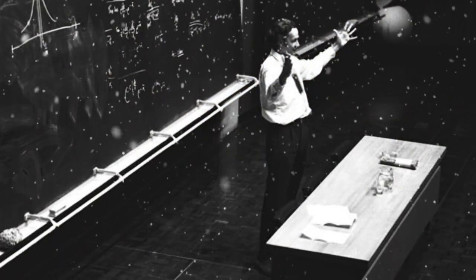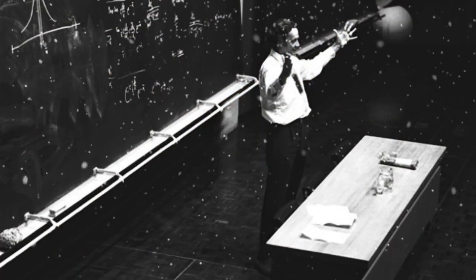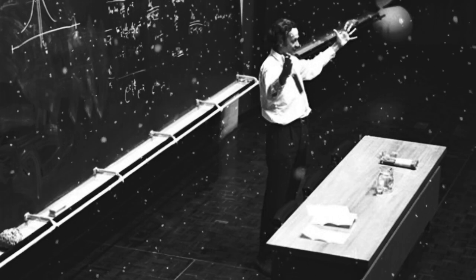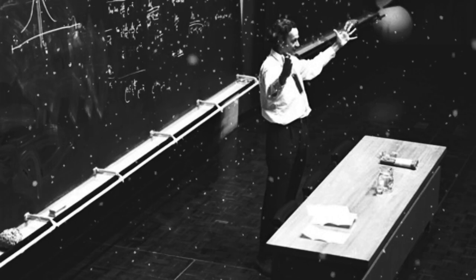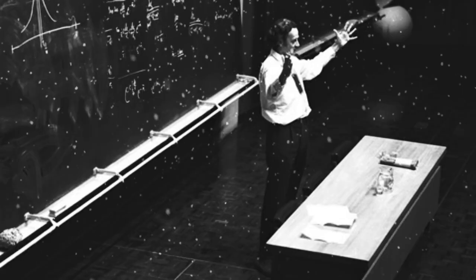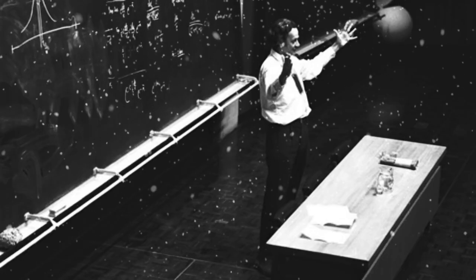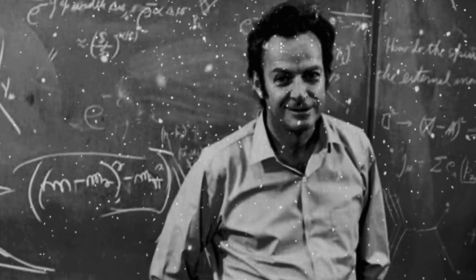The answer turns out to be the energy does not travel through the electrons at all. It never did. And to understand where it actually goes, we have to leave circuits behind for a moment and talk about fields.